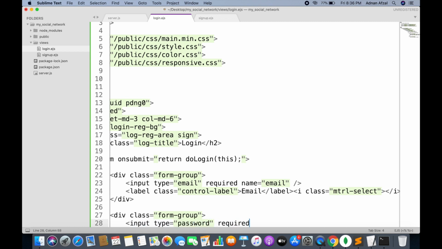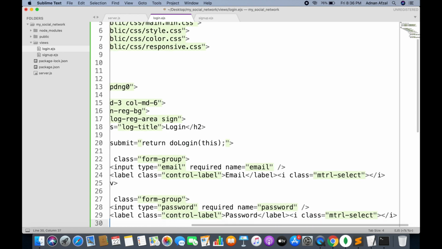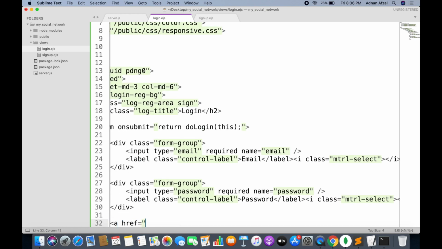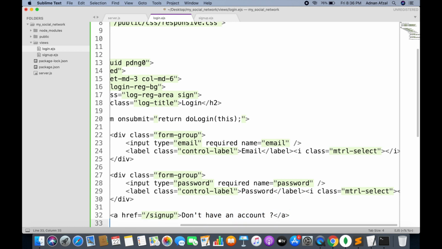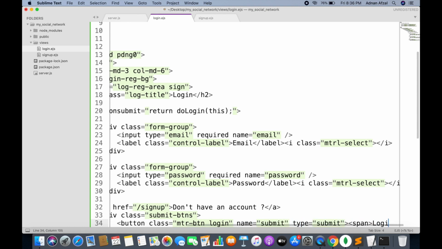The type will be password and both fields will be required. And in this form we will display a registration link like we displayed a login link in the sign up page. We will display a sign up link in the login page, and we will create a submit button which when clicked will submit this form and call our JavaScript function named doLogin.